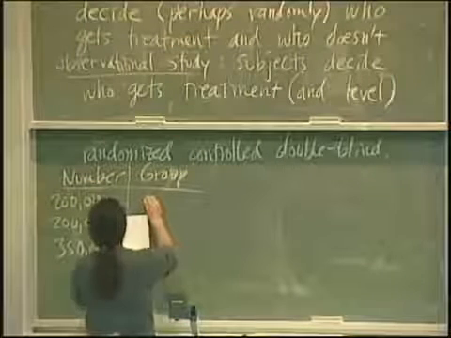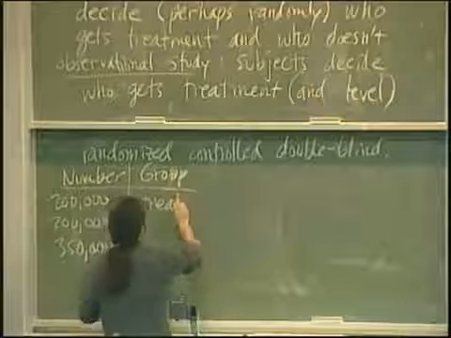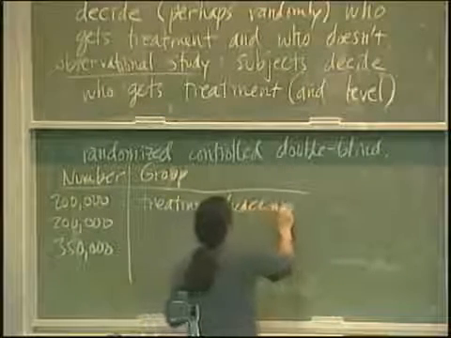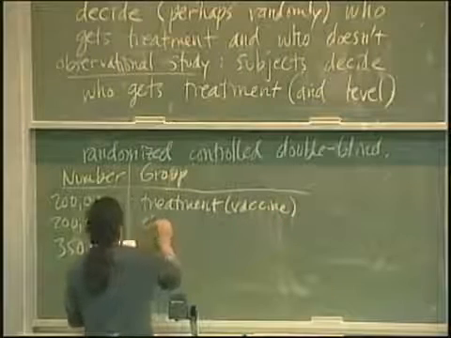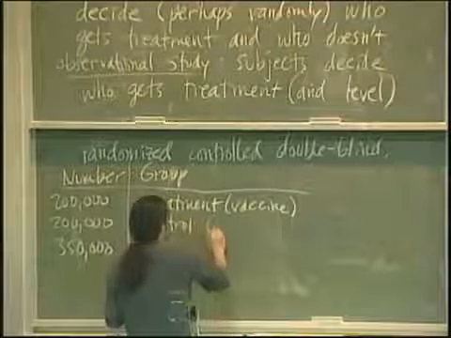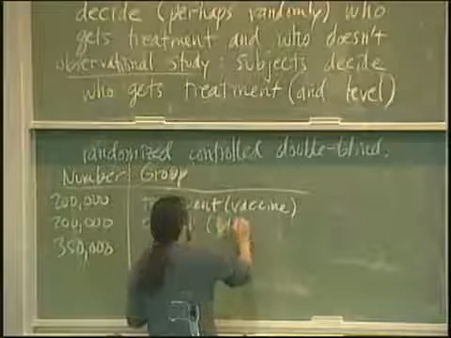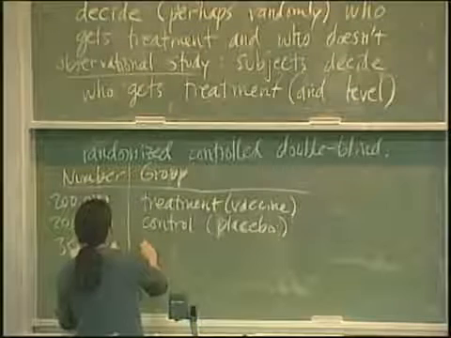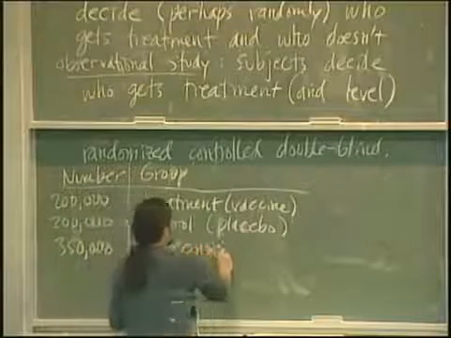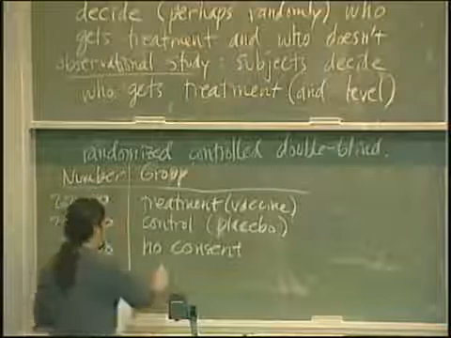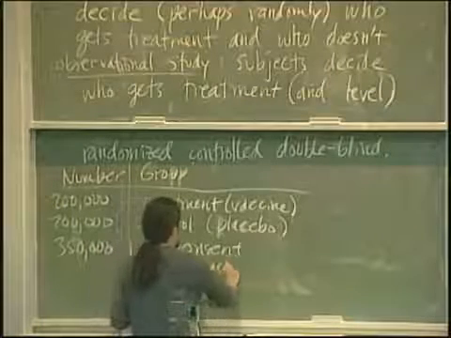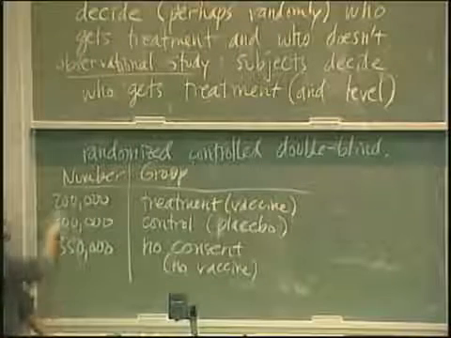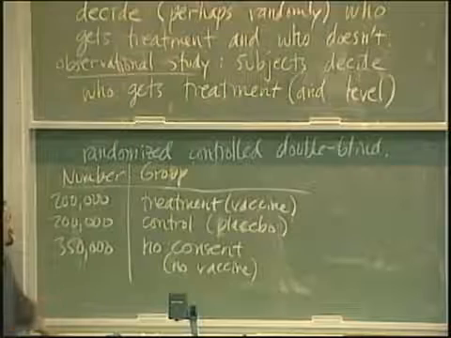This group is what we'll call the treatment group. They got the vaccine. The second group is the control group. They got a placebo. And the third group did not consent to be in the experiment. Okay, so they did not consent to get anything, and they were not given a vaccine. They weren't given anything. Okay, so basically what they did is they took all the kids, I guess 750,000 kids,